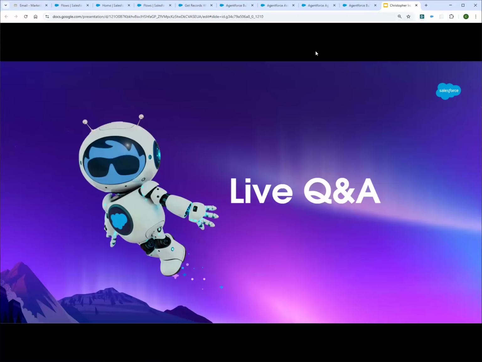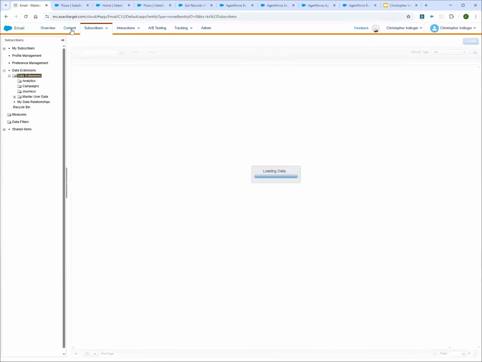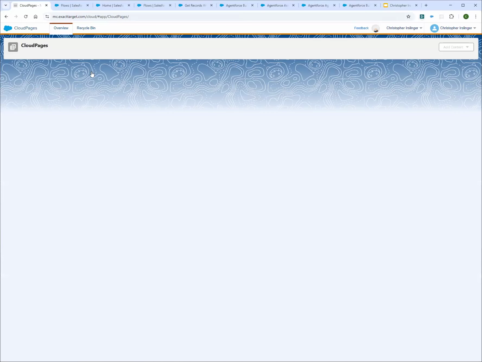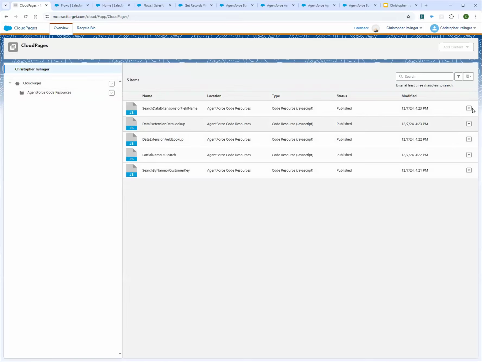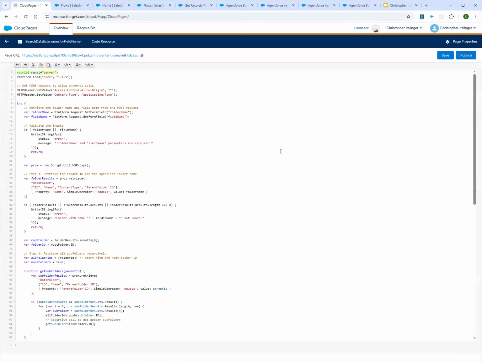Yeah, so the initial part that you showed us of building the code on code pages to pull the data back from the API, is that something we could use Agentforce or a different generative AI tool to actually write that part of the code? So Agentforce itself isn't trained to do coding things.